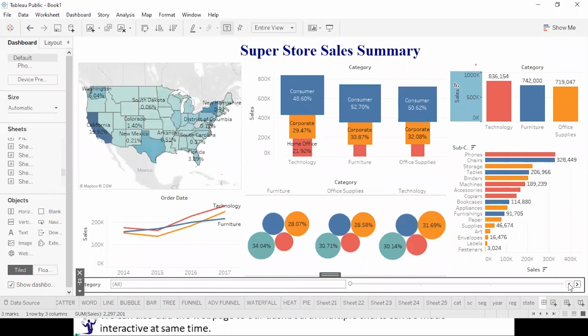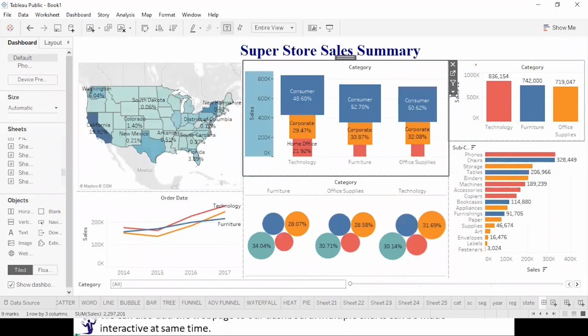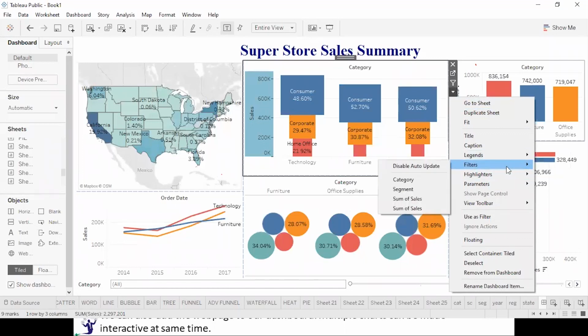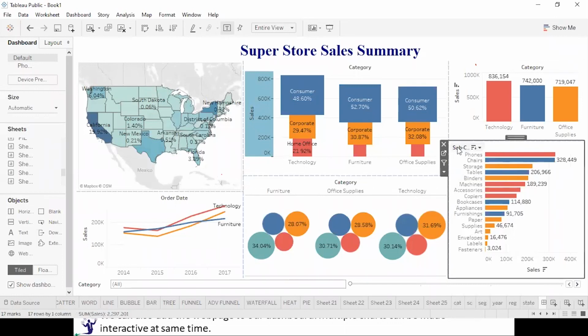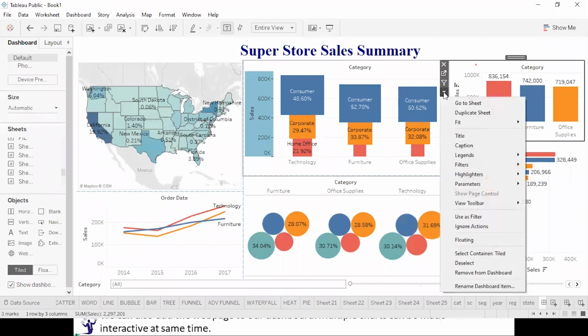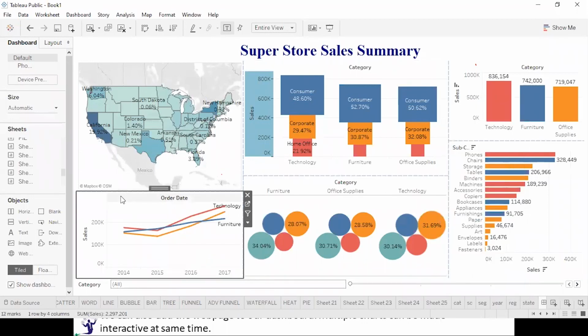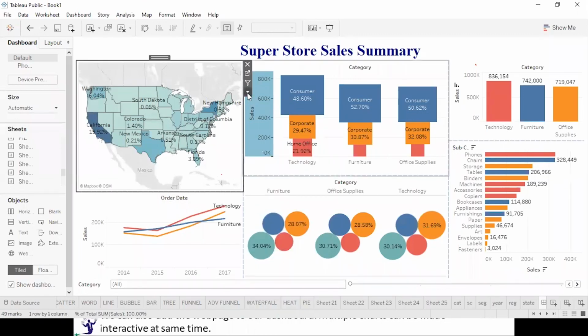And there could be another way of making it interactive. Let me go to any of the visuals, click on this drop down arrow, and there is an option of use as filter. Click on the drop down arrow, say use as filter, and repeat this for each sheet. I have set all the sheets in the dashboard as filters,